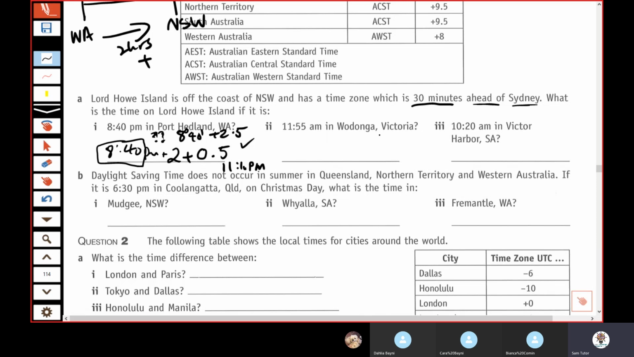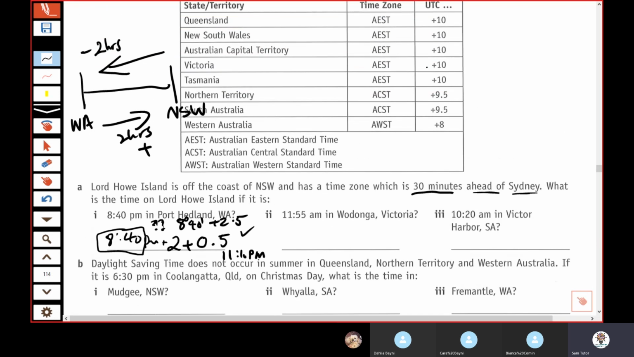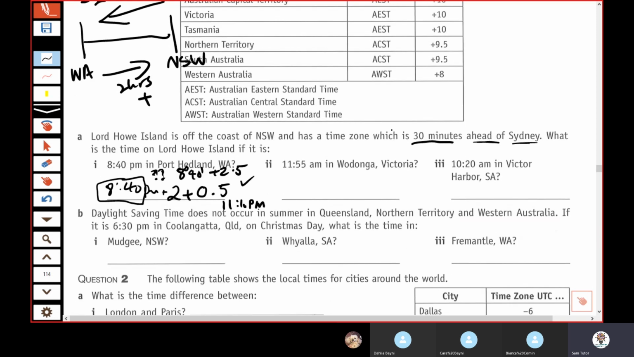11:55 a.m. in Wodonga, Victoria. Well, again, from Victoria to New South Wales, well, they're in the same line, right? Victoria and New South Wales, they're in the same line, so you're not going to add anything except the 30 minutes that is extra for Lord Howe Island, plus 30 minutes or the 0.5, but I thought I'll just change it up a bit. So that becomes 11 degrees 55 minutes plus 0 degrees 30 minutes, 12:25, as we know,